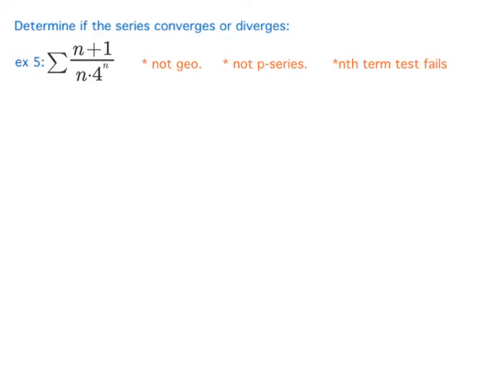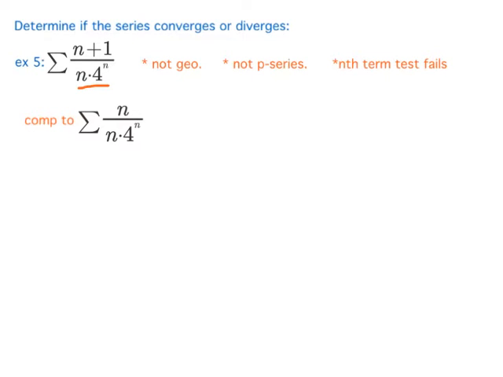And this one's a little tricky, and you have to be careful because we have a product in the denominator, not a sum. Usually when we look at key terms, if I had n plus 4 to the n, one of these would dominate, but because it's a product, that's a single term there. So I'm just going to say that I'm going to compare two. Okay, and the key term over the key term, you should come up with